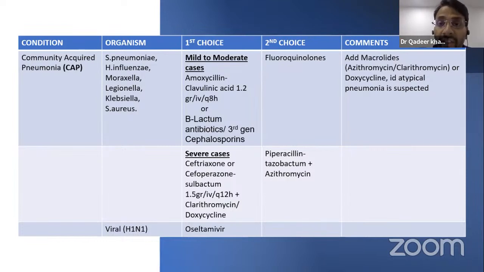tissue penetration. The levels of these drugs reach a higher concentration in alveolar cells and epithelial lining fluid. So we consider fluoroquinolones and macrolides for community acquired infections. We can also consider beta-lactam antibiotics or third generation cephalosporins. In severe cases, you have to give IV antibiotics, ceftriaxone or cefoperazone sulbactam. The second choice will be piperacillin tazobactam along with azithromycin. If we consider viral associated pneumonia,